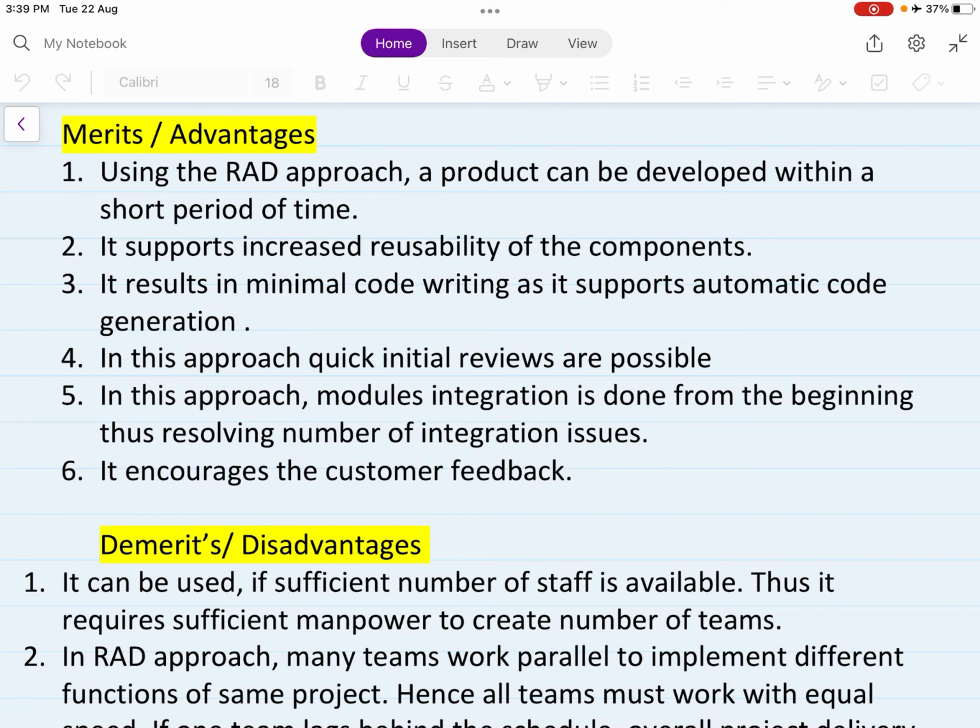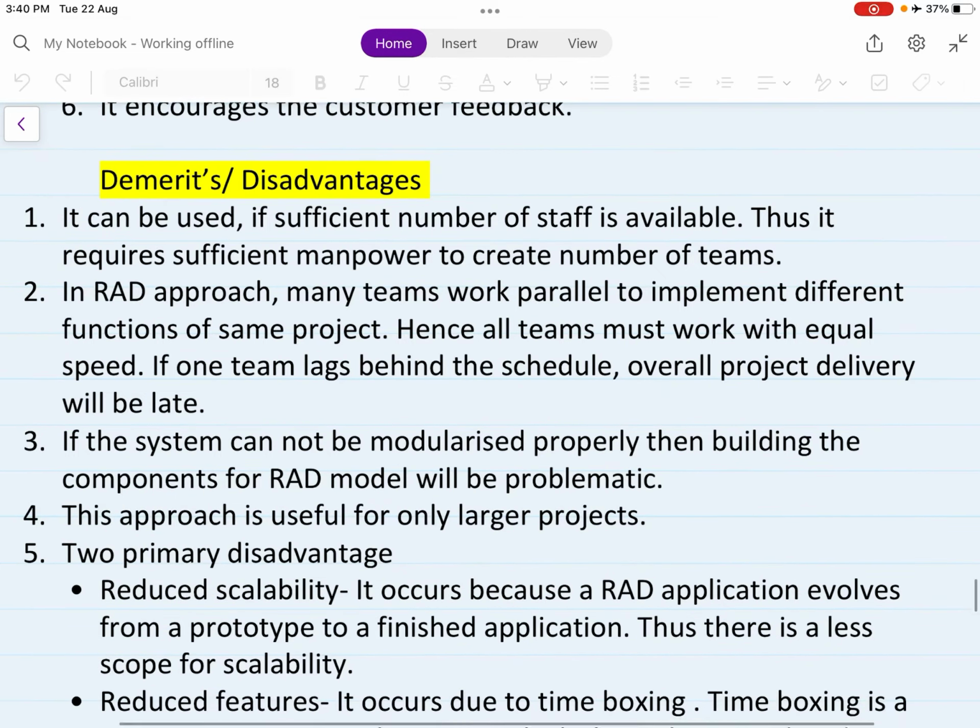It supports increased reusability of the components. We saw component reuse in construction phase. It results in minimal code writing as it supports automatic code generation. This also we saw in the construction phase. In this approach, quick initial reviews are possible. In this approach, module integration is done from the beginning, thus resolving a number of integration issues. It encourages customer feedback. Demerits of the model: